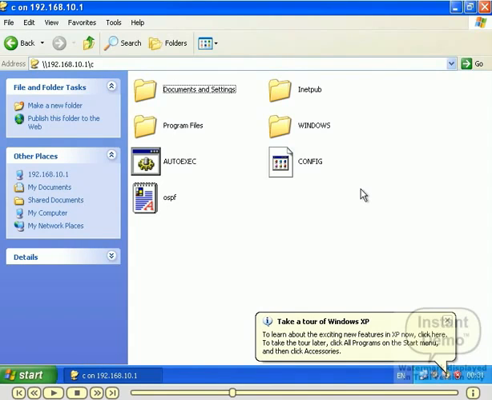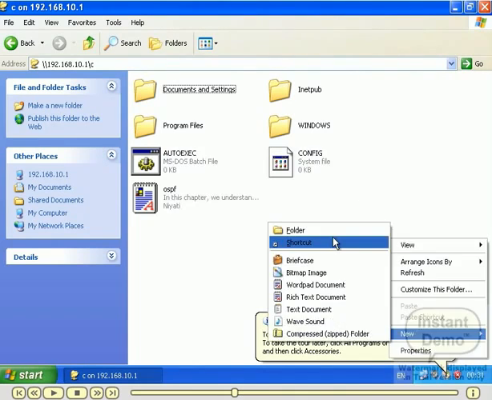Now create a new folder in drive C. Just right click,